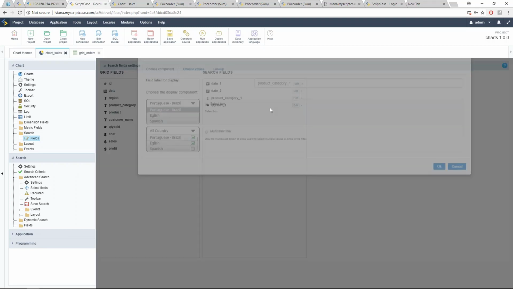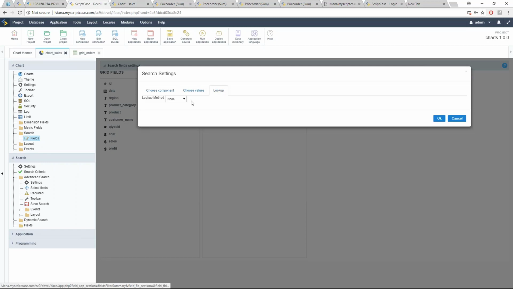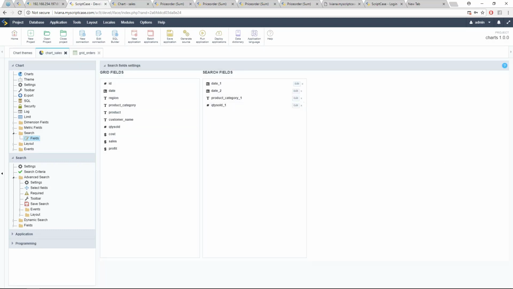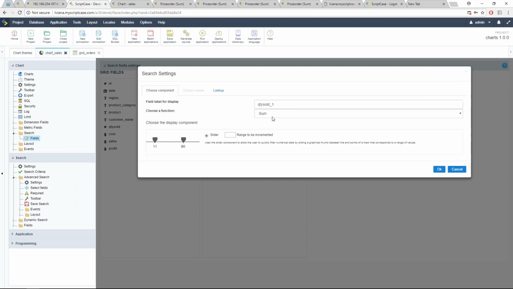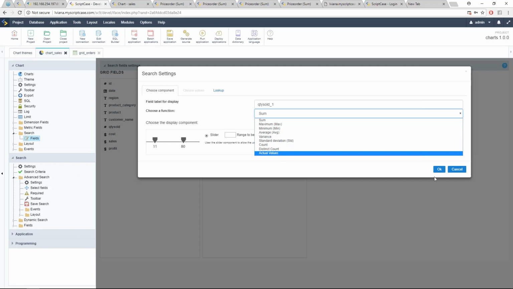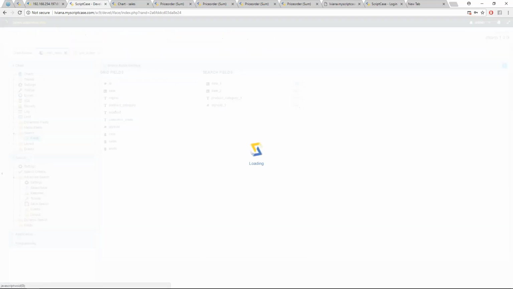For product category, which is a simple field, I can choose here if it's select or multi-select box. I can choose a lookup, or I can choose a default value as well. And you have different options according to the field type. For this quantity, you have here the option to choose a function, or just to show actual values, and so on. So it's a very nice search option that we have